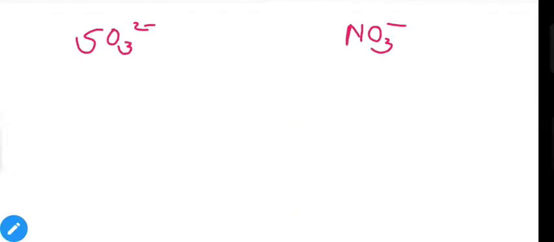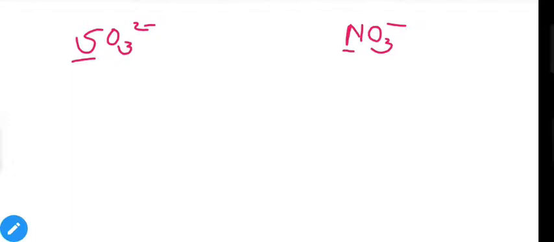In this case, first you have to find the hybridization of the central atom. That means in SO3, sulfur is our central atom and in NO3, nitrogen is our central atom. So you need to know the electronic configuration of the given species and then you will be able to find hybridizations. First of all, let us practice how to find the hybridization, then you can solve this question yourself.